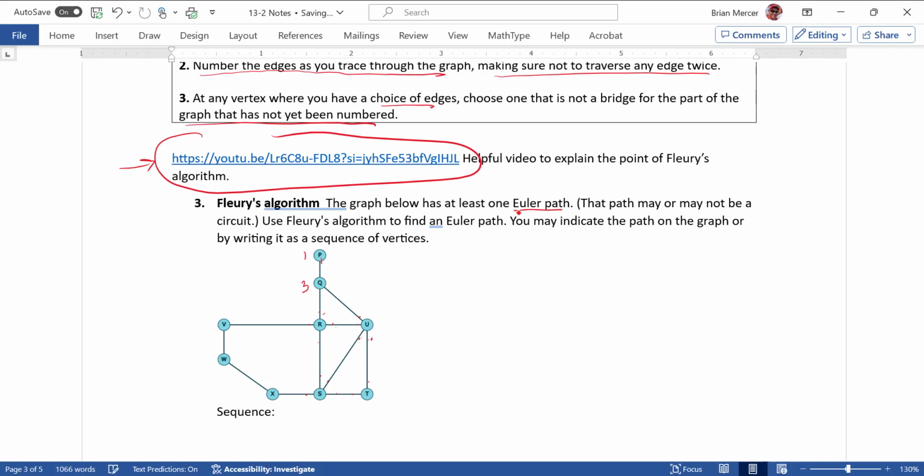So it has one Euler path, and it's definitely not going to have an Euler circuit. And I've got to start, notice we have to start at one of them and end at the other when there's exactly 2. And so I've got to start at P, and the reason I know that is if I start at Q, there are, let's see,